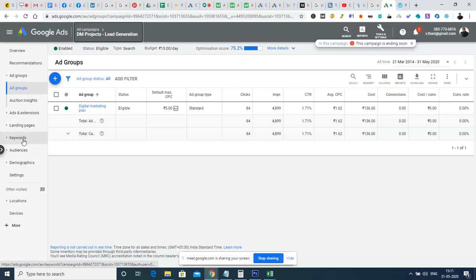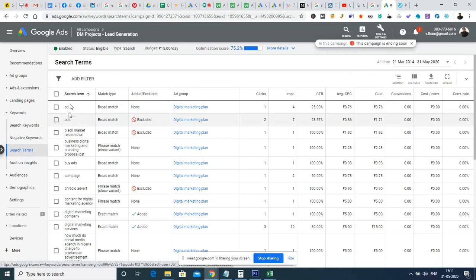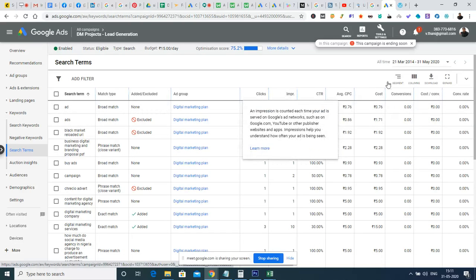So in this category, if we check what search terms this particular advertisement has been shown for, you can see the search terms here. Okay, I'm sorry, these are search terms which have been excluded. Anyway, there are terms like business, digital marketing and branding proposal, PSD, etc. So these are the keywords for which the advertisement has been shown, and the total impressions are shown here.